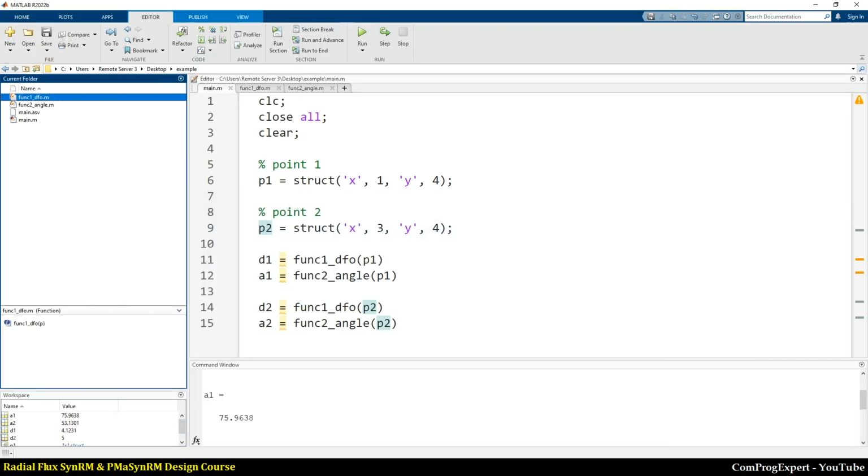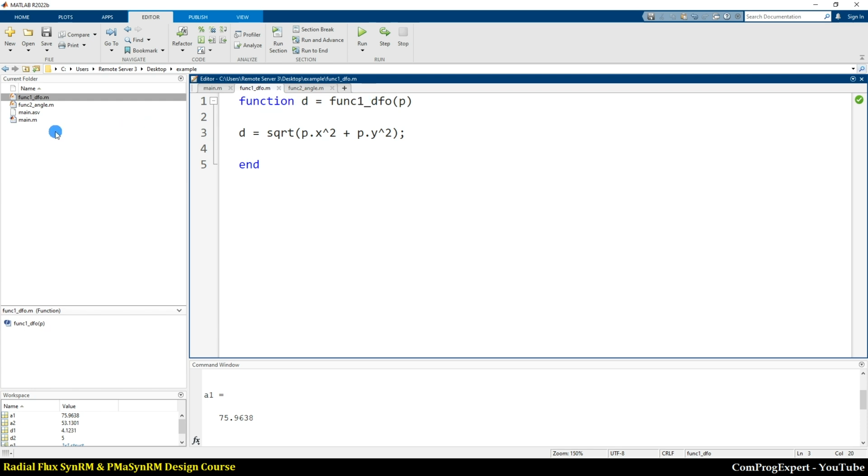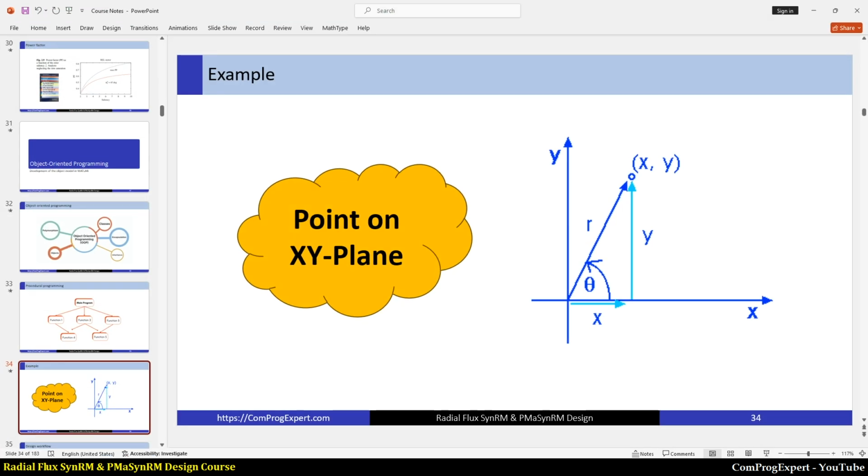But what if I need to define other functions? For each function, I need to generate a new file. I should select different names, right? And I should keep the order in mind, right? To use all functions in the main file in a proper order. And this is complex, and we can switch to